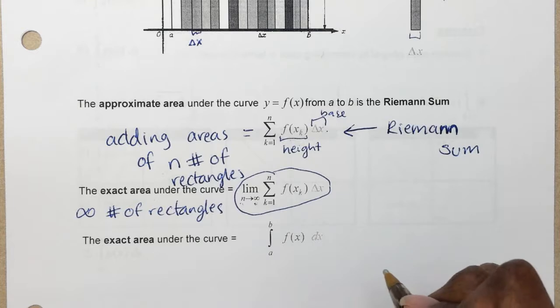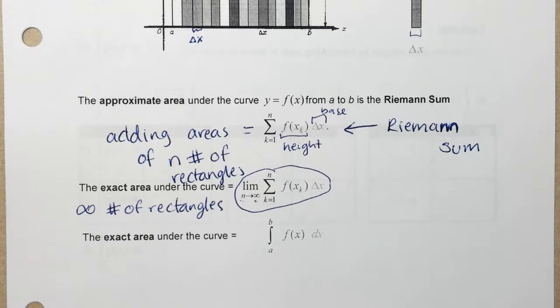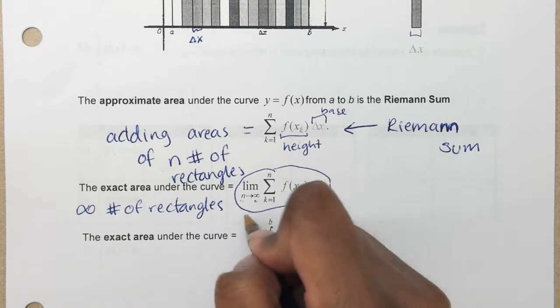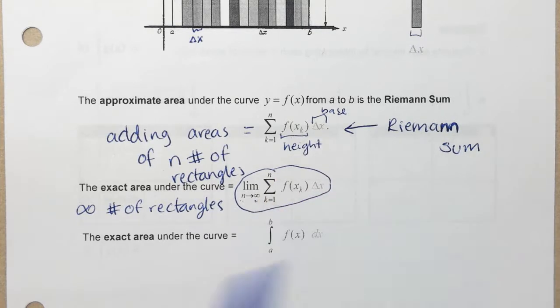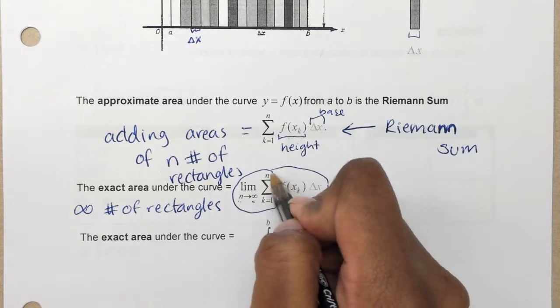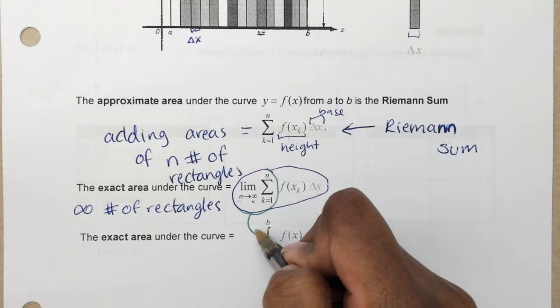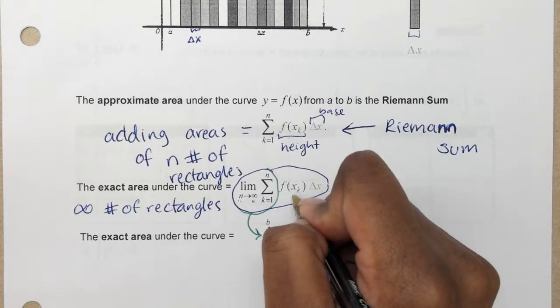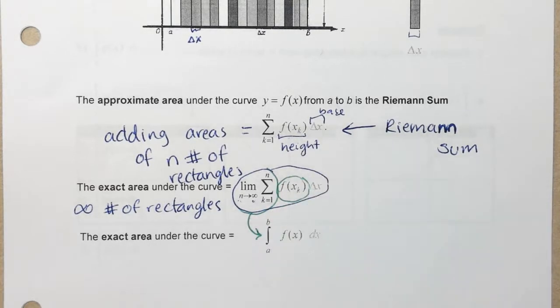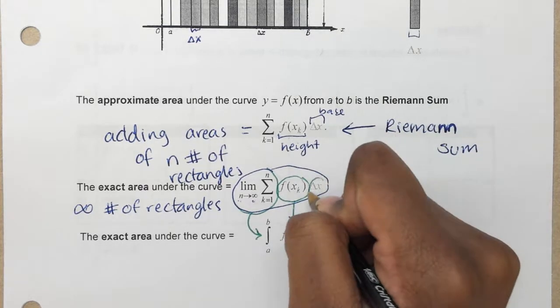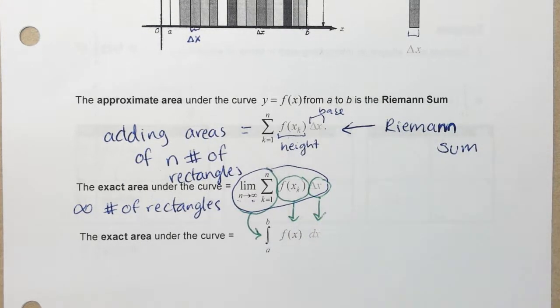Okay? So the way that we write that in integral notation is this limit piece becomes our integration. This base piece is our function. The height piece is our dx. Alright,